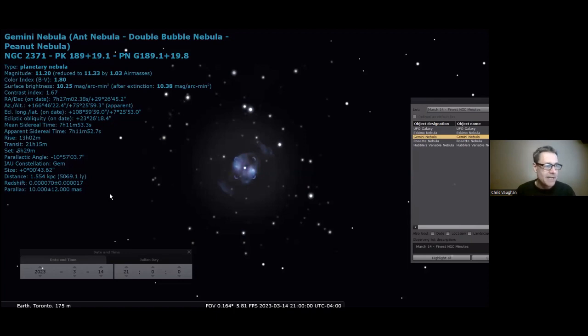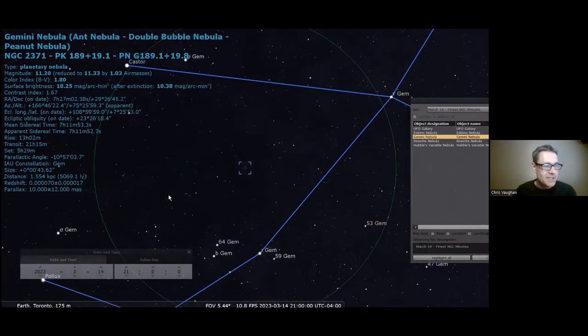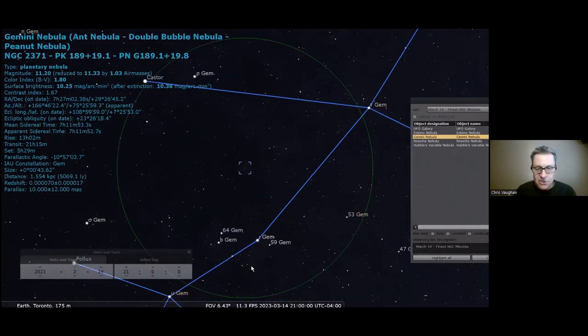It's one of the biggest planetary nebulas that we know of. It's a bit fainter, so you need a larger telescope to really appreciate it, maybe a 6-inch telescope or an 8-inch or bigger, and nice dark skies. I've got noted that it's located 1.6 degrees north of the trio of stars